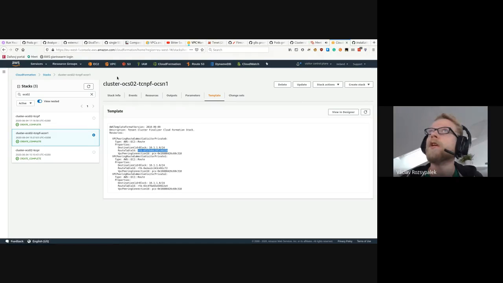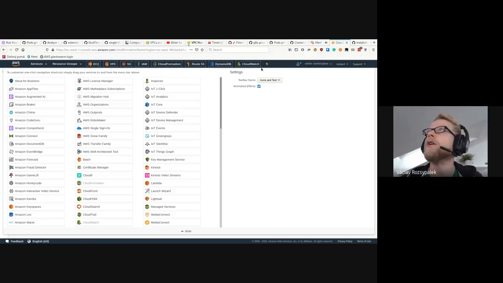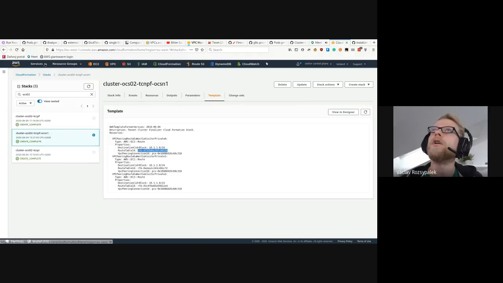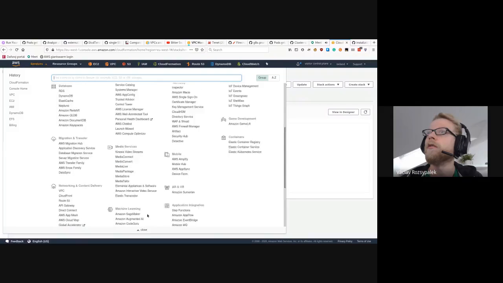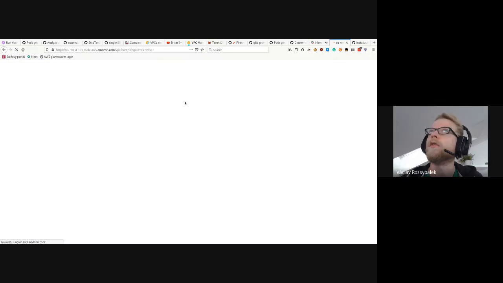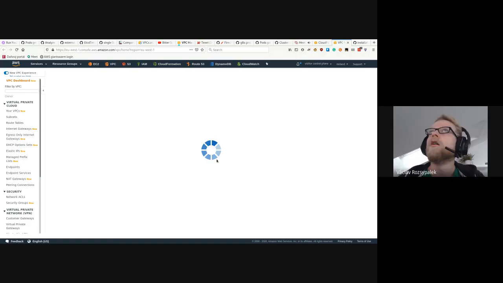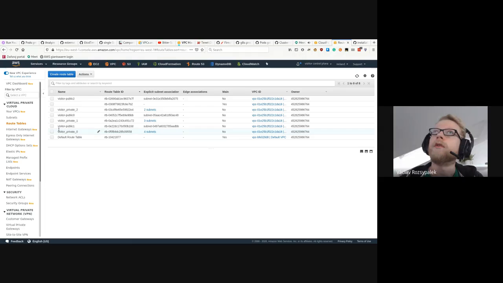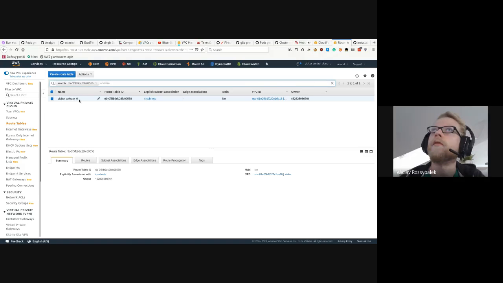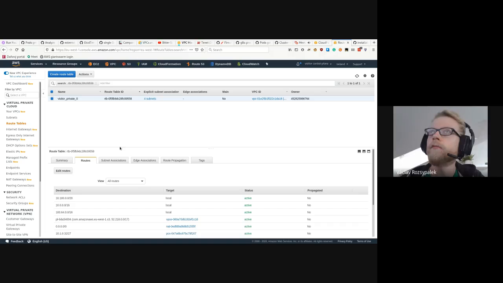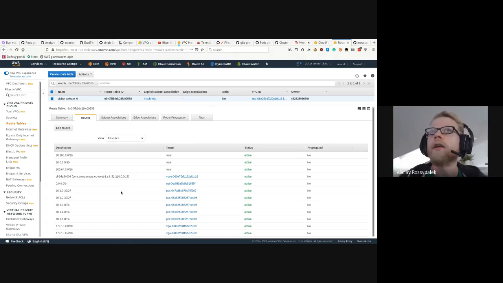Route tables and everything else is on the VPC. I have this quite useful panel here where you can pin services that I often use, so I don't have to go and look for them, just an easy way. I just want to keep this page, so I'm going to open a new tab. And here we go, route tables. You see very many of them, but I'm just going to pass the route table ID, which is the visitor private 0. Click on routes, scroll a little bit up, and here